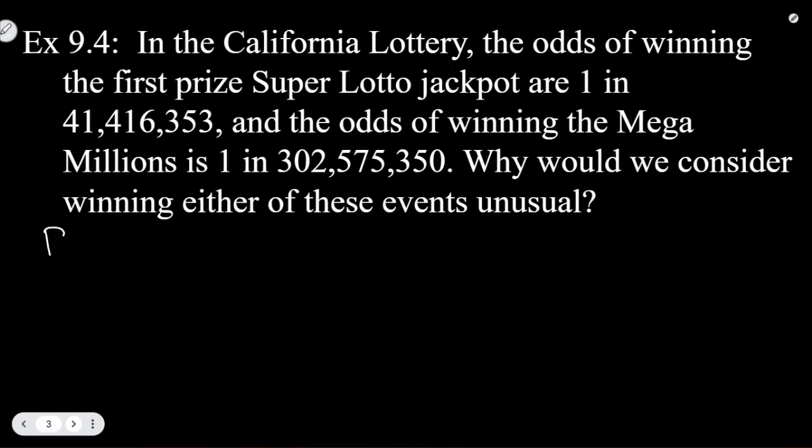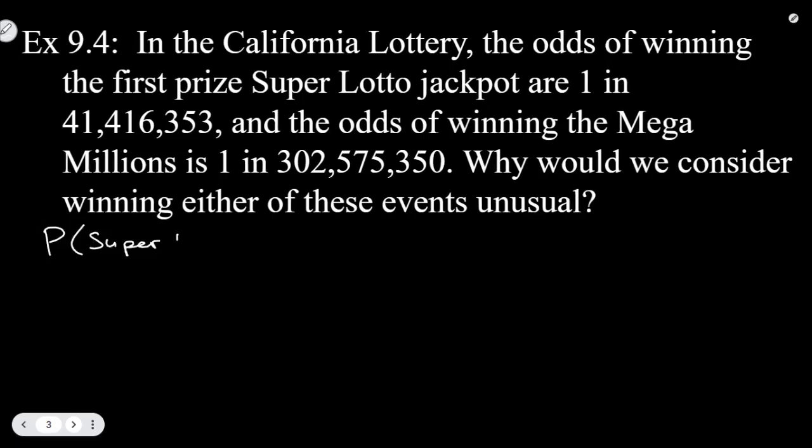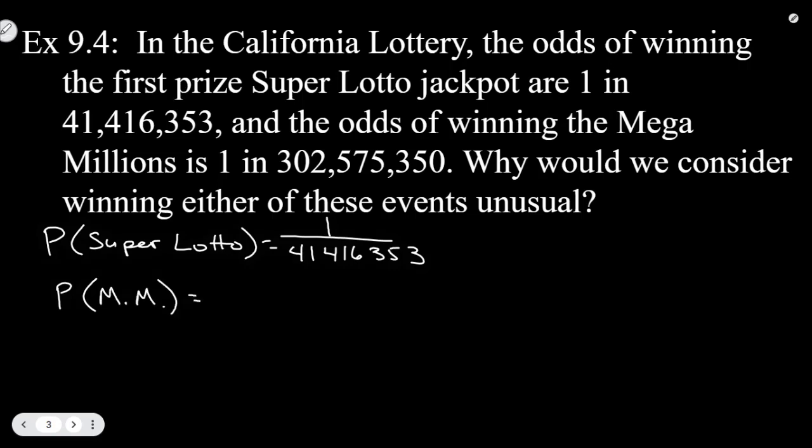Well, the probability of winning the Super Lotto, I'm just going to write it this way, is 1 out of 41,416,353. The probability of winning the Mega Millions, I'm going to abbreviate Mega Millions, is 1 out of 302,575,350. So if we just type those numbers into our calculator, so 1 divided by 41,416,353, we get